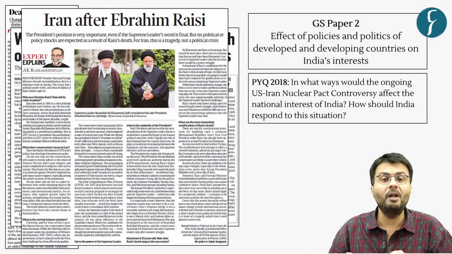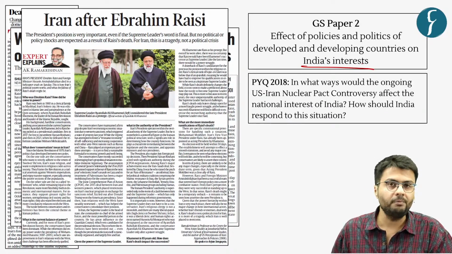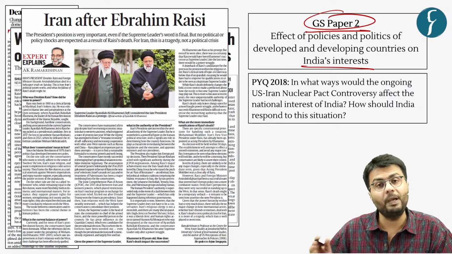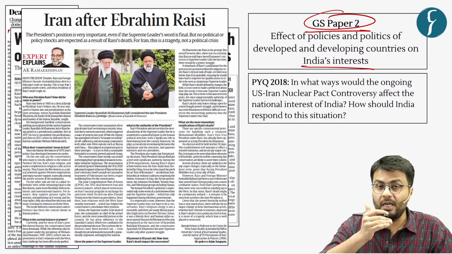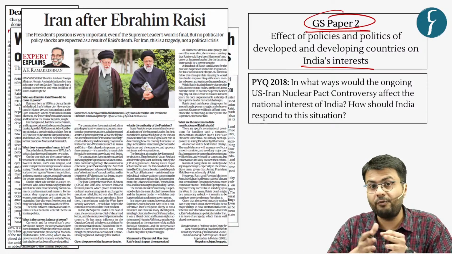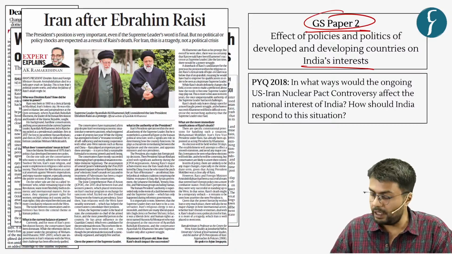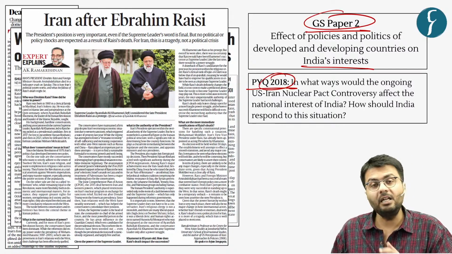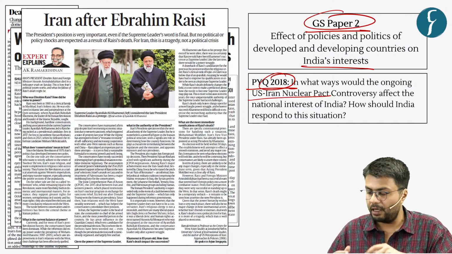Hence, this development is important as far as Indian interests are concerned. And this particular topic is important from the GS paper 2 perspective. Further, questions related to Iran's interaction with other countries, especially the West and US, have been a subject of UPSC questions in the recent past, because in 2018 a question appeared on the implication of the US Iran nuclear